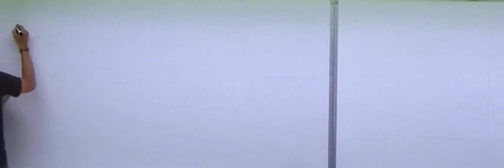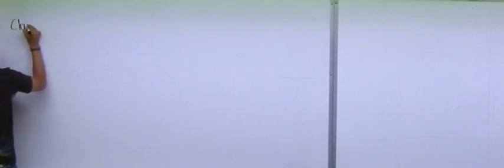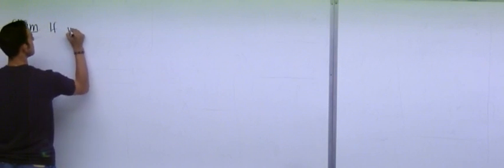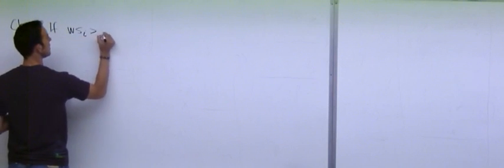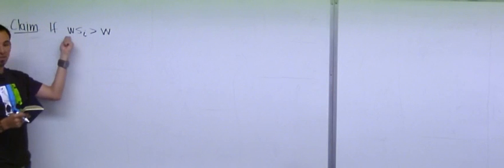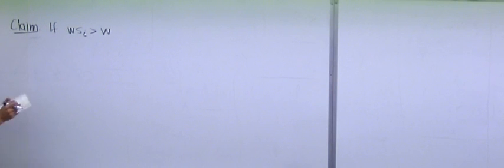So the first thing I wanted to do today was finish for you the proof that the language of reduced words of a Coxeter group is automatic. And remember that the last thing that I mentioned and I haven't proved is this key claim that if generator Si makes W longer, then